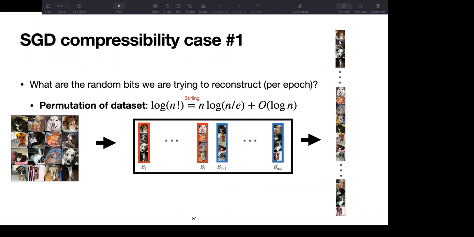So just to be clear, how many bits do I even need to represent such a permutation? Well, this is log n factorial. You apply Stirling's approximation, and you get n log n over e plus some logarithmic factors. Okay, so I want to show you that under some assumptions,